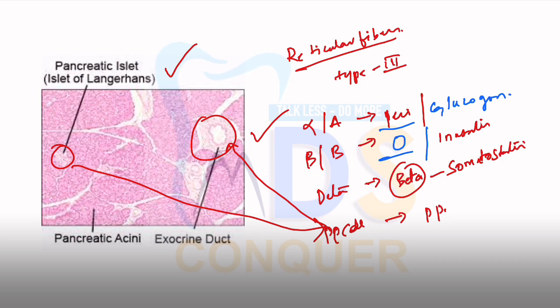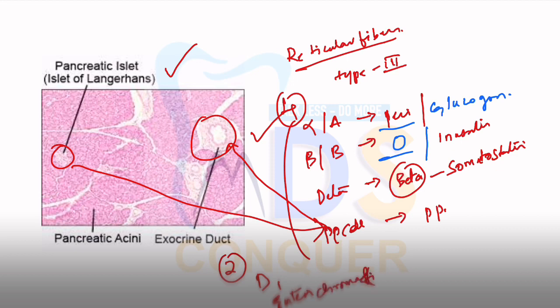Okay, so there are other minor cells which are present here. Okay, there are two types of minor cells. These four are major cells, and two are minor cells. One is D1, and the second one is enterochromaffin cells. These enterochromaffin cells are going to secrete serotonin, whereas D1 cells are going to